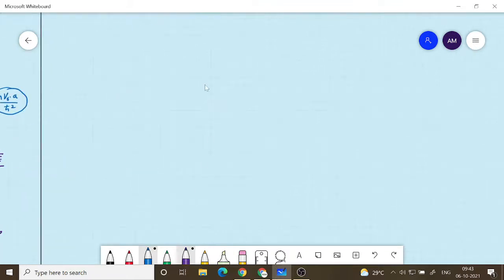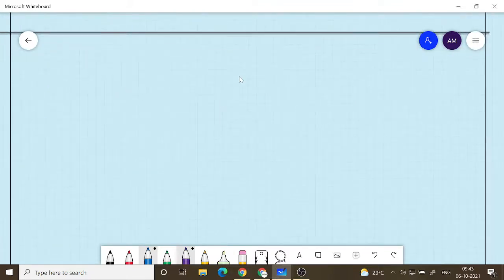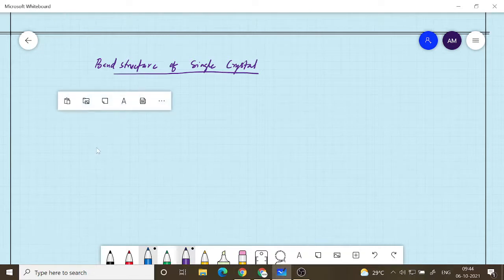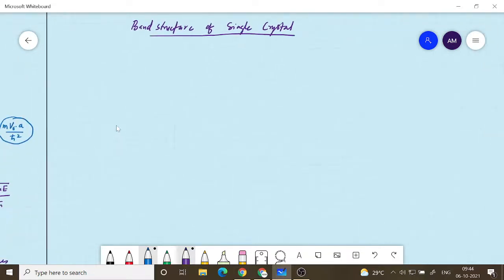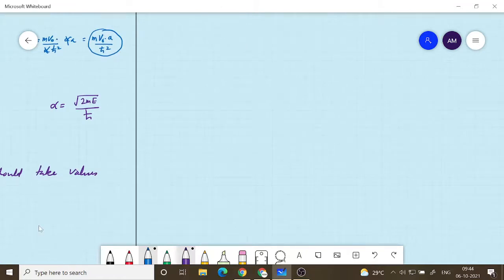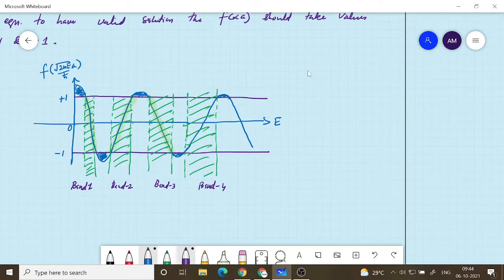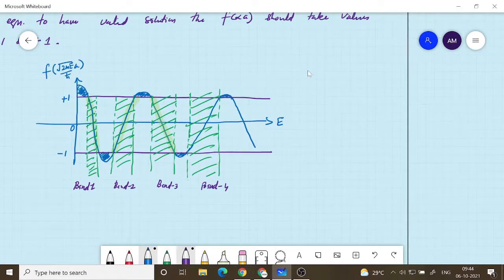So band structure means the E-K relationship. Earlier we have plotted the band structure of a free electron. Now it is the band structure of a single crystal. That is what is more important for our course. How does the band structure of the crystal, which in our particular case will be a silicon crystal, look like? Okay, this is not silicon, this is just our 1D crystal, but it has all the aspects which are important